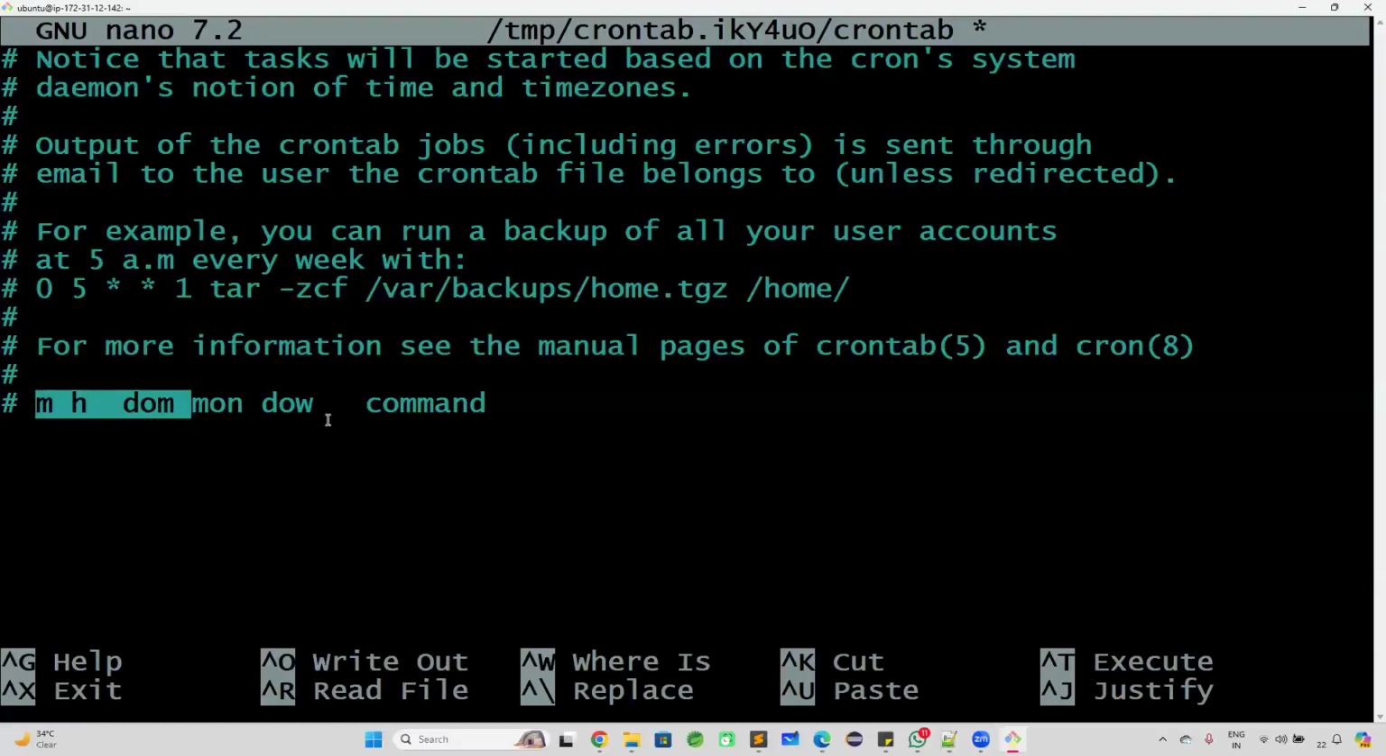So they have given already syntax here. Minutes, hours, date of month. Okay. Date of month and date of week they have given. Month of year and date of week. This is the syntax for the cron expression. So I'm going to configure star by 1, then next 4 stars, then